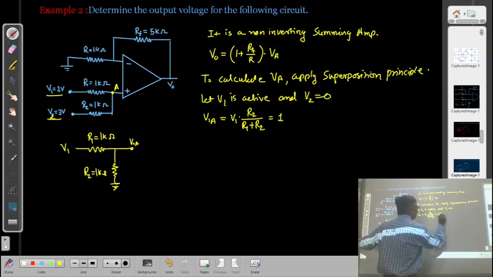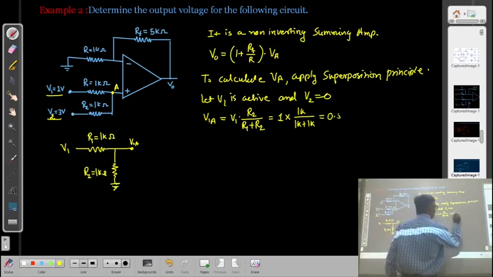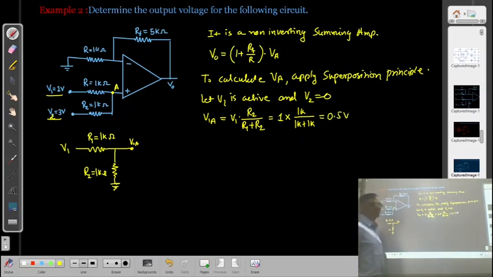So this is 1 volt multiplied by R2, 1 kilo ohm, divided by 1 kilo ohm plus 1 kilo ohm. So it is 1 by 2. Correct? So this voltage is 0.5 volt. That is due to the voltage V1. We have calculated the potential at point A. Now,